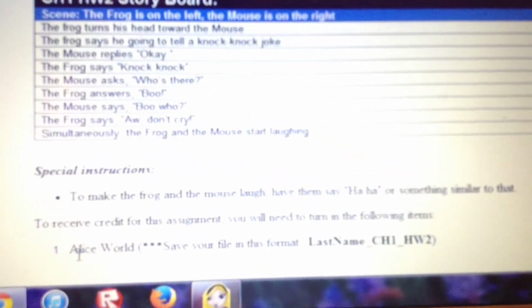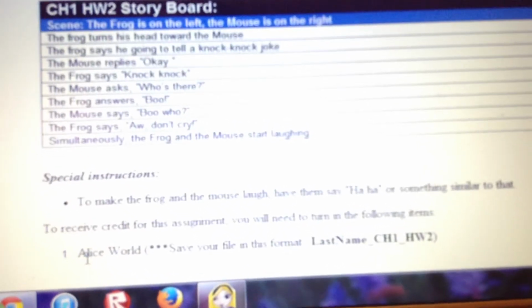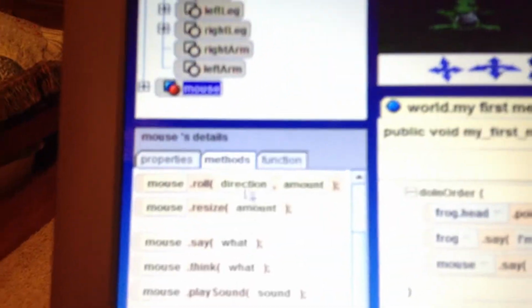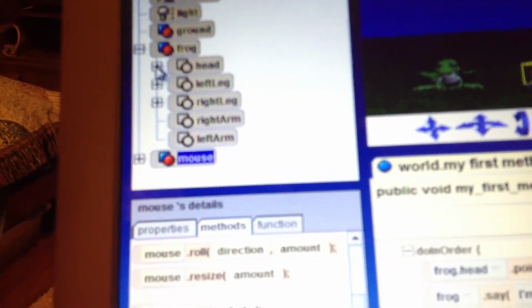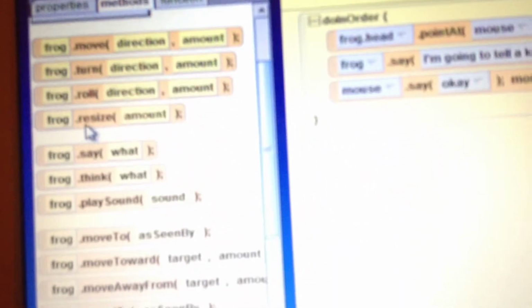You click OK. And so if we go back to the directions, sorry for the glare, I don't know where this glare is coming from. There we go, that's a little better. The frog says knock knock. So we are going to make, where I'm going to minimize that, we're going to make the frog say